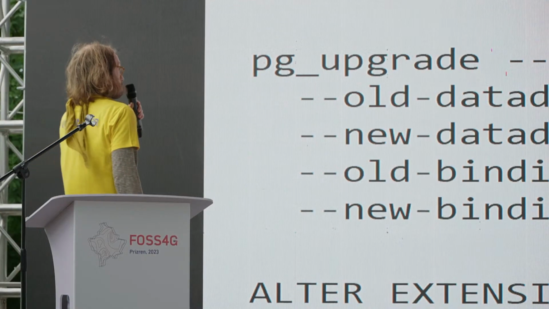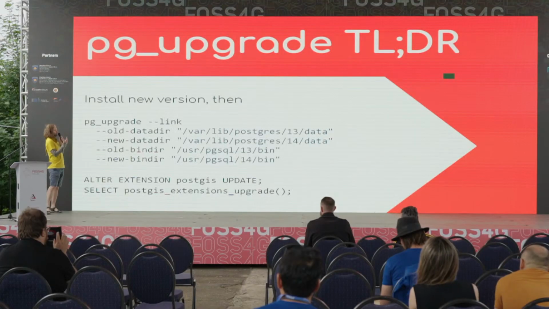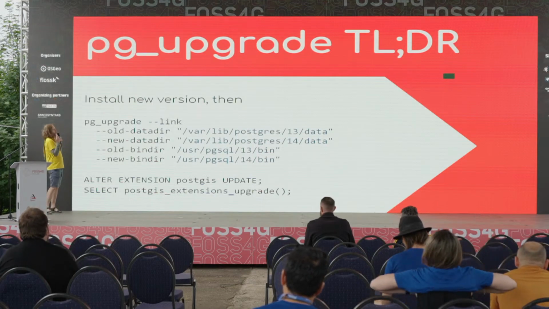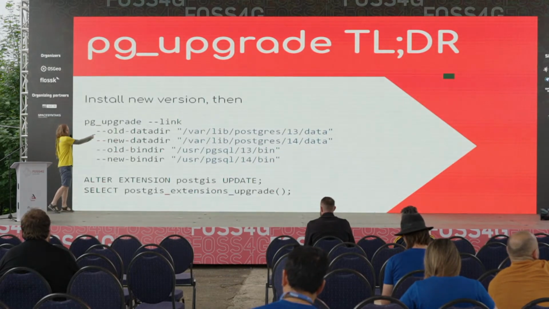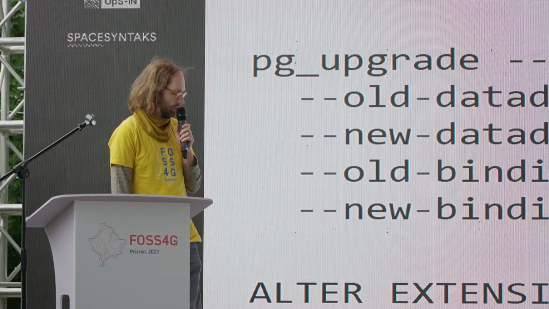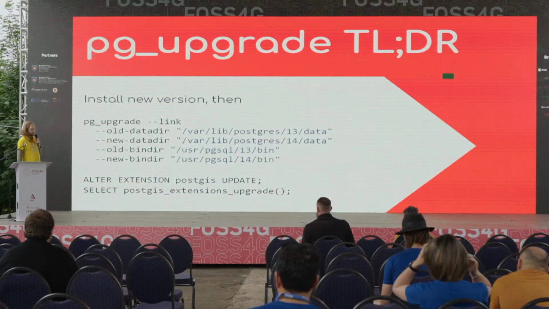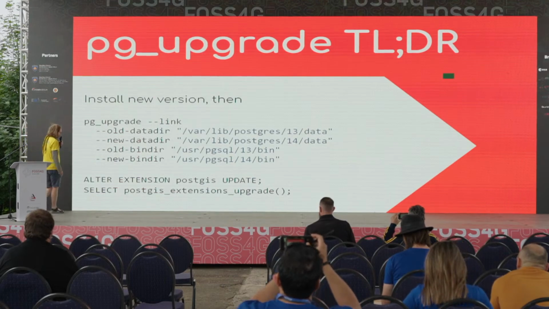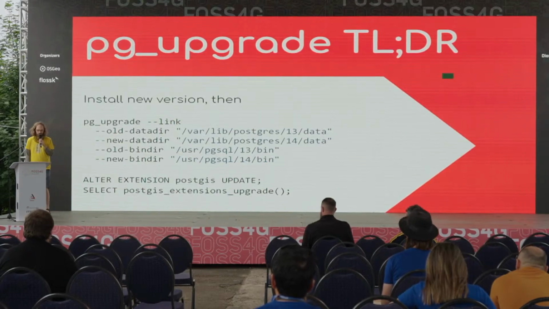Okay, so for the soft update, the quick summary looks like this. You install the new Postgres version and the new PostGIS version, and then you run the pg_upgrade command with the link option. You can specify the old data directory, the new data directory, the old bin directory, and the new binary directory. When this is done, in your database you run the command ALTER EXTENSION postgis UPDATE, or